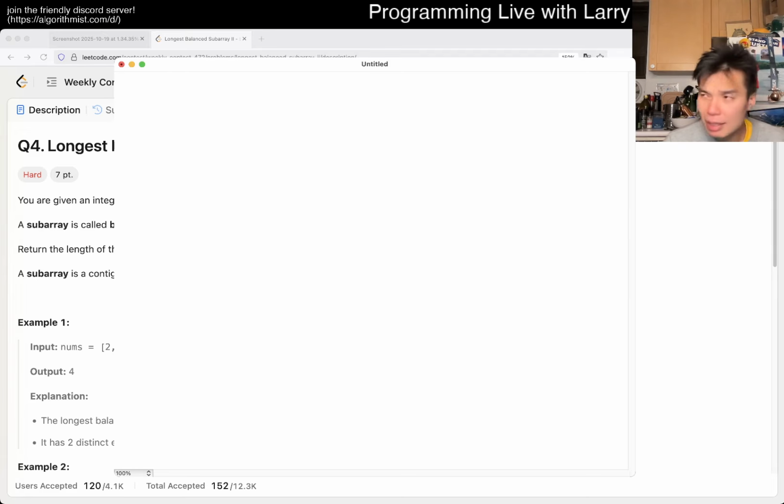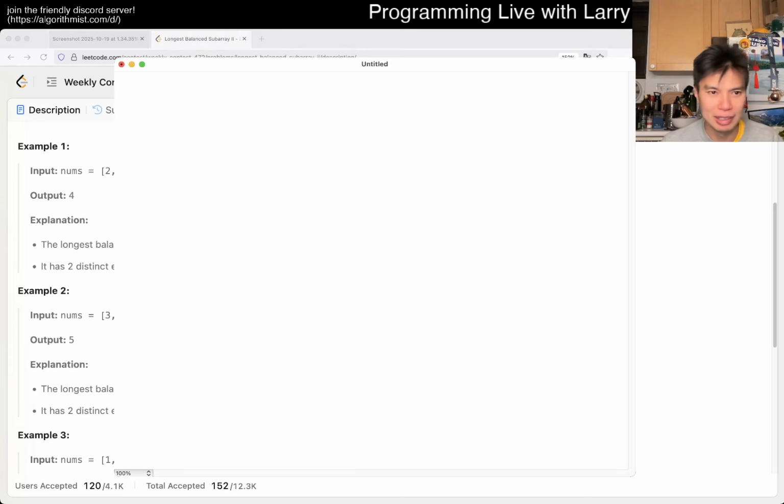And then I also played around with this idea of contribution, which we're not going to go over too deeply because it's not the right way. But I was like, okay, well, if this number is the last number in a subarray, what is its contribution? And it's not actually the right answer, but it did lead me to the right idea. And what I mean by that is, okay, the examples are kind of weak. So that's why I was looking for an example to draw. But basically the idea,